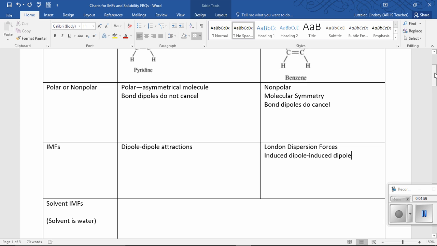I've talked about the IMFs within each solute. Now I'm going to talk about the IMFs within water. So water is polar. Therefore, you don't even have to write this in complete sentences. Water can form dipole-dipole attractions to other water molecules, but more importantly, it can form hydrogen